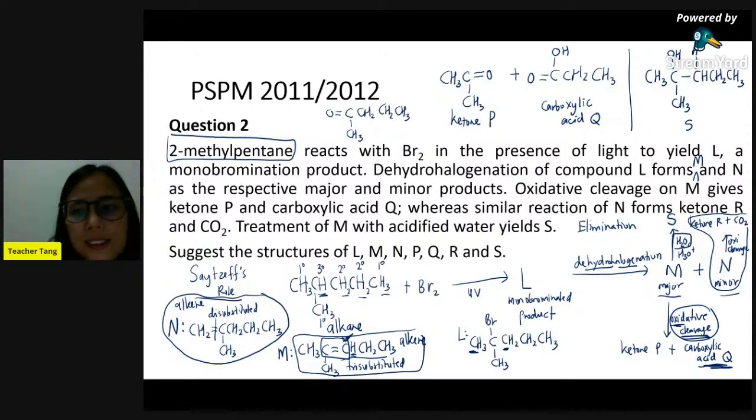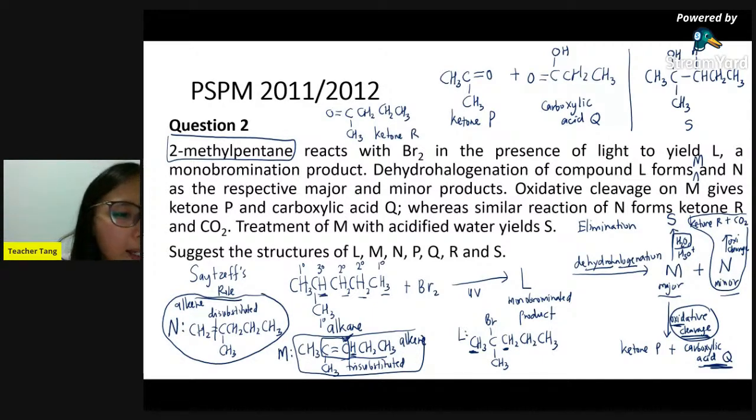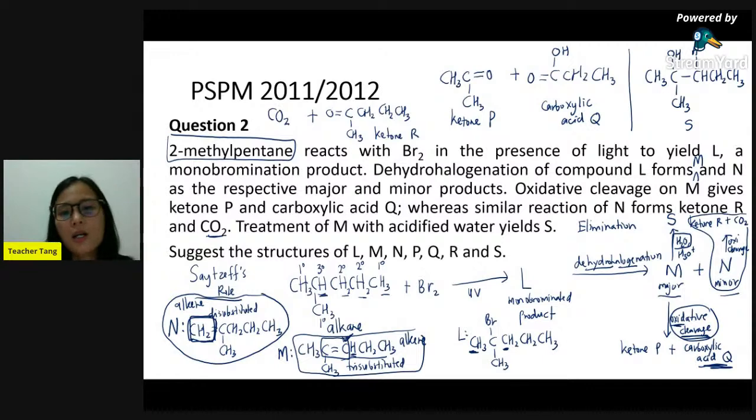So this is ketone R. And this side is a terminal carbon-carbon double bond. The question says it gives carbon dioxide, so this carbon will be further oxidized to give carbon dioxide. So this is how we get all the products L, M, N, P, Q, R, and S